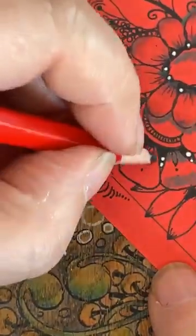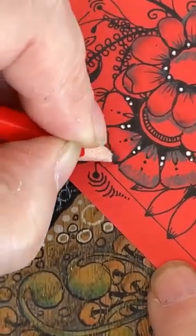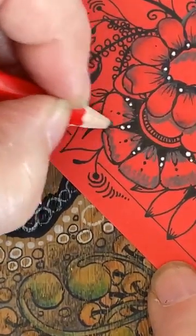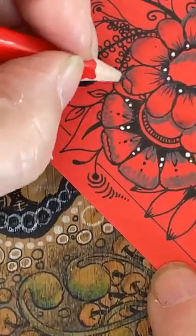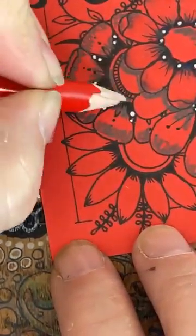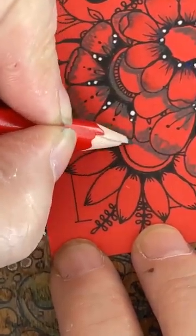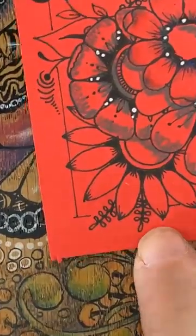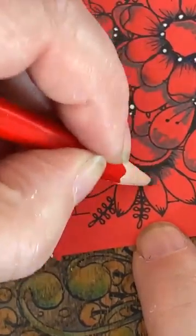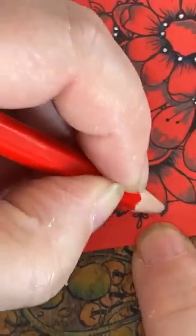There we go. See, so I'm working top and bottom as before. I'm going to do that with all the flowers. You see here, I'm going to go underneath there, a little bit there, because I want it to look like it's folded under. And then see here, I'm going to actually do a little bit in there. And then this one, let's have a little bit under there. Then all around that bottom edge, and then around the tops,